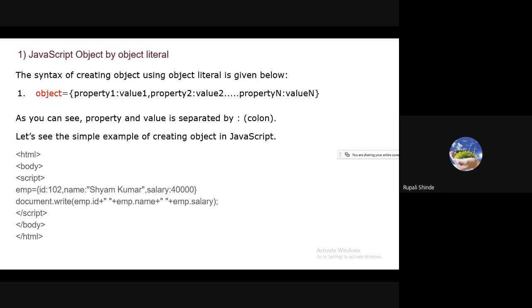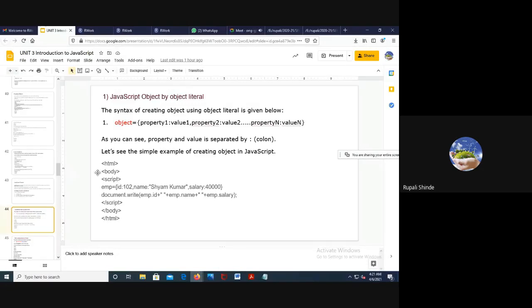Likewise, if you want to create the object with the help of literals, you have to specify the name of your object, name equal to opening curly bracket, and specify all your elements. Those elements are nothing but key value pairs. Every key and value should be separated by a colon, and every key value pair should be separated by a comma. So we just execute the same code. What result is going to display, we are going to see.